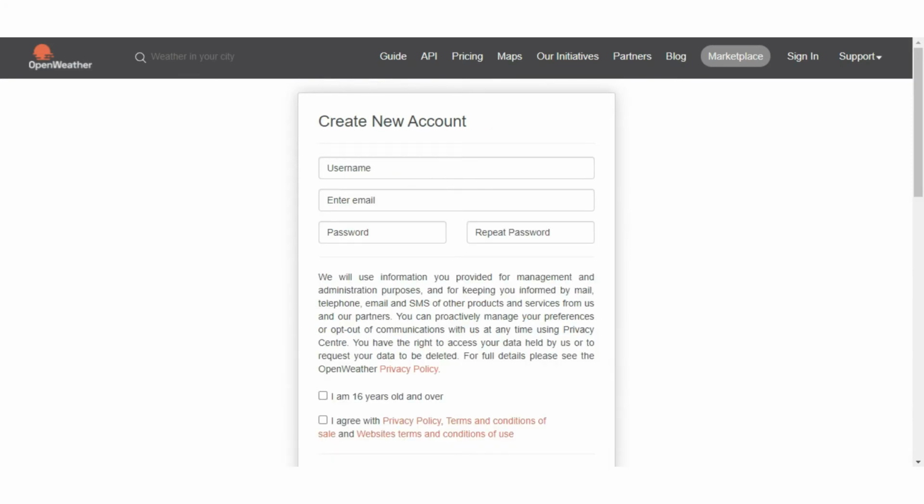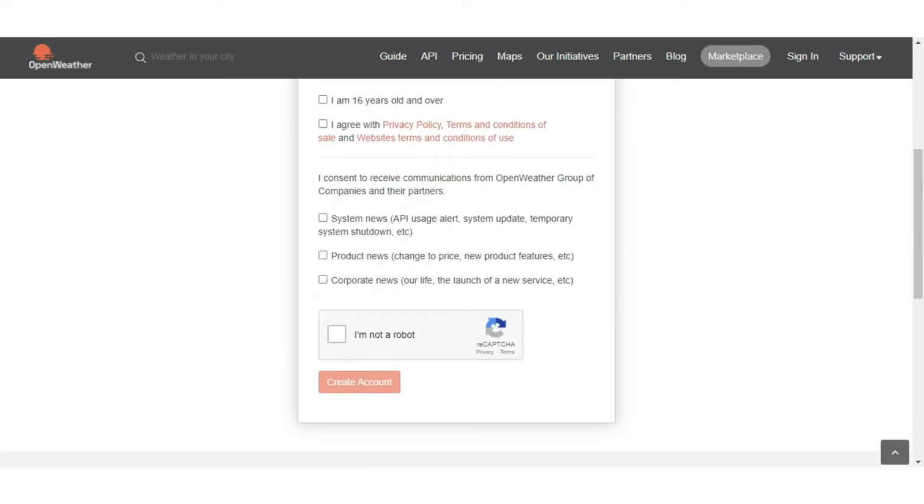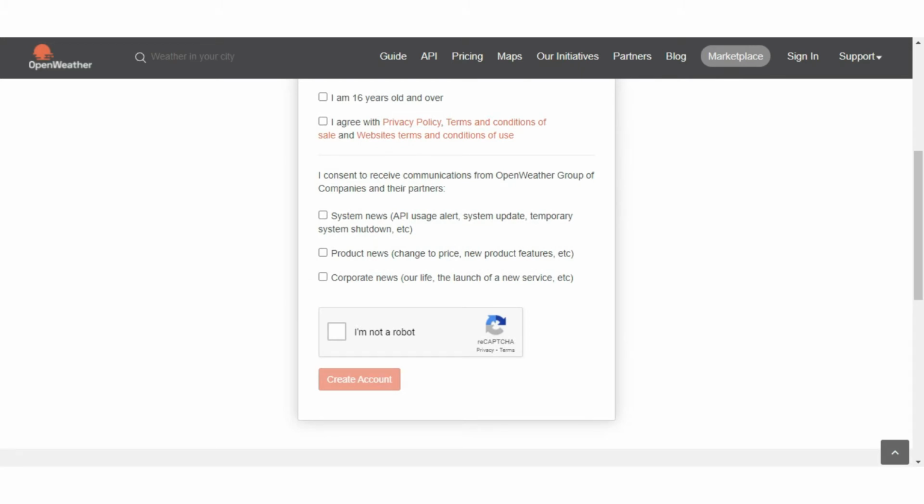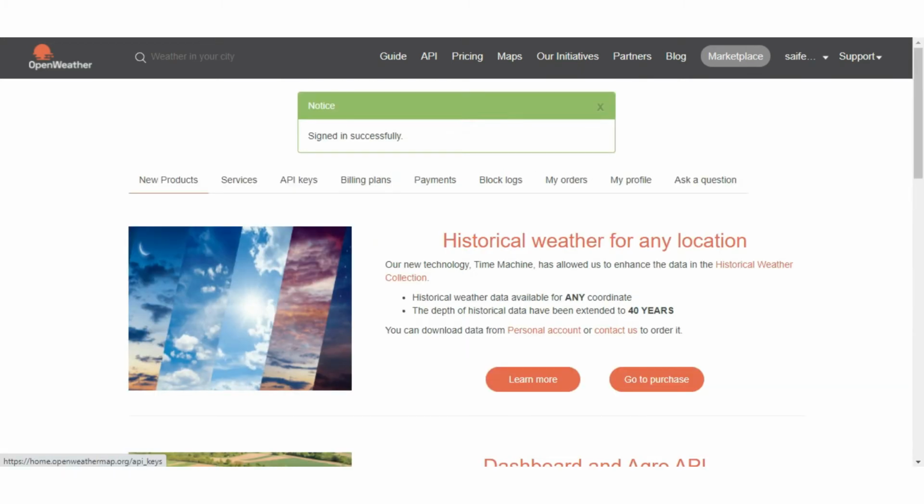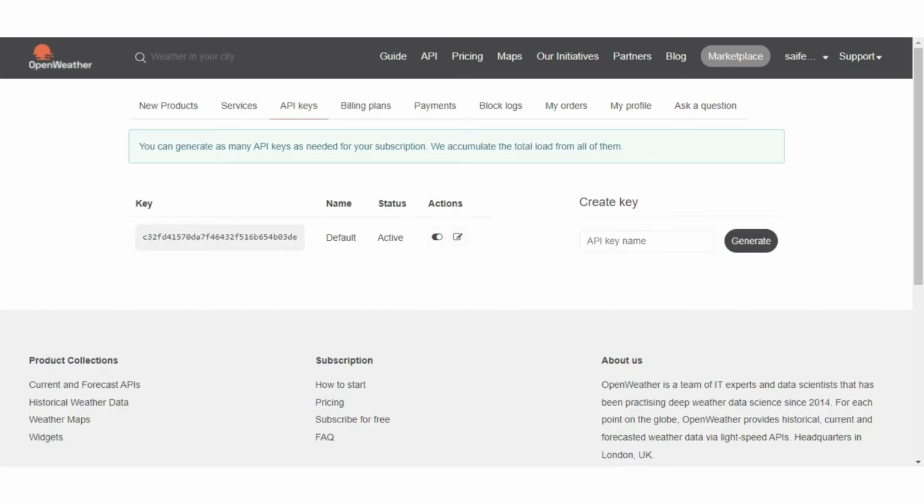Provide some details and you get a confirmation email. Confirm it and you're good to go. This is your main interface. Click on API keys. Here you see a default key is already generated. Copy it. Move to the Colab.